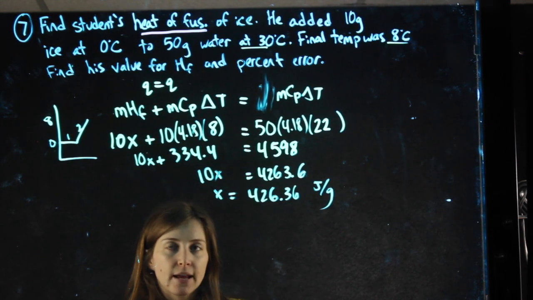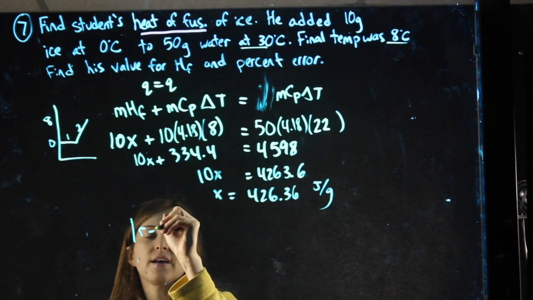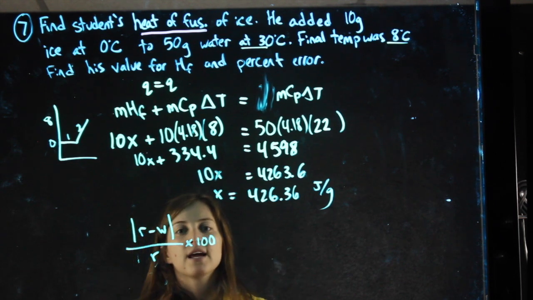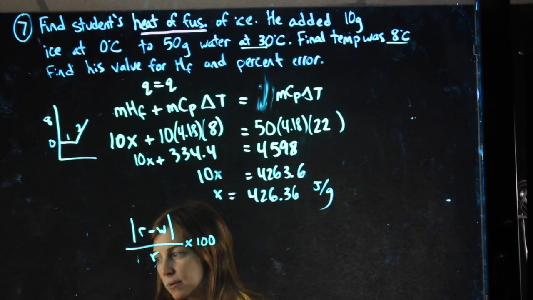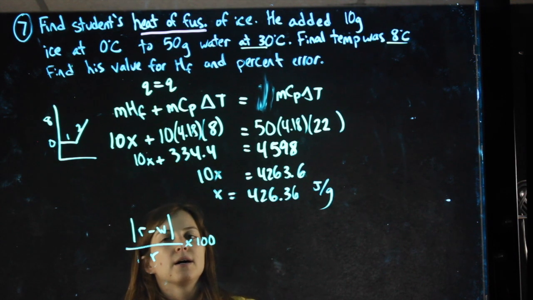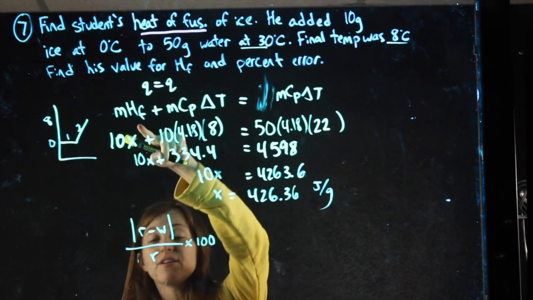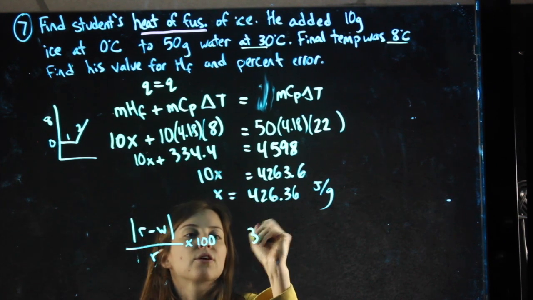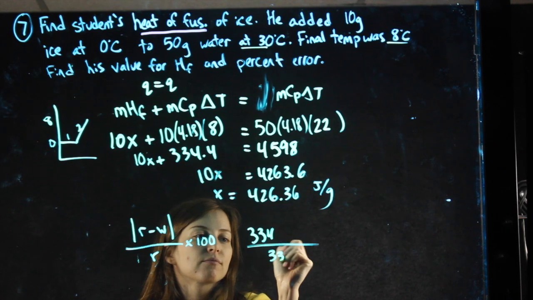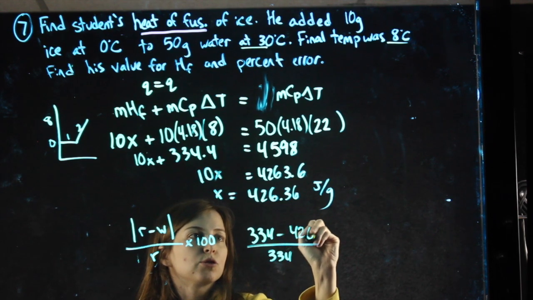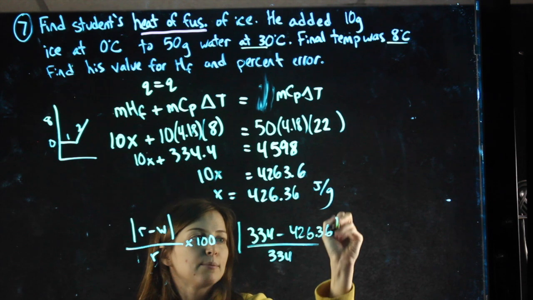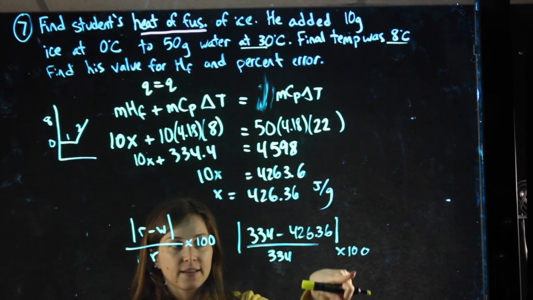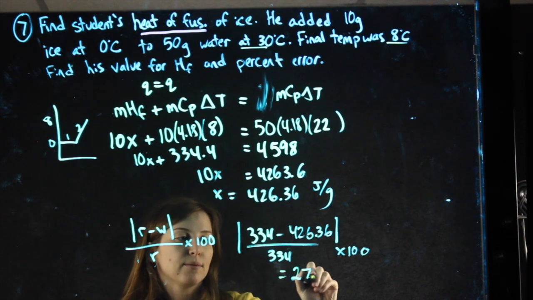In terms of finding percent error, it is the absolute value of right minus wrong over right times 100. If a question on the test asks you for that formula, you would be given that formula. The right value is the right value of heat of fusion of water, the one we've always used, the one we'd expect it to be, 334. The wrong value is the student's lab data. Absolute value, because we don't care about the sign, times 100. Calculating this, including the times 100, we get 27.7